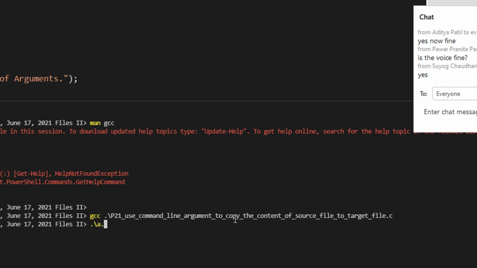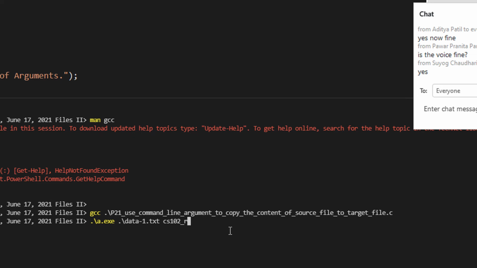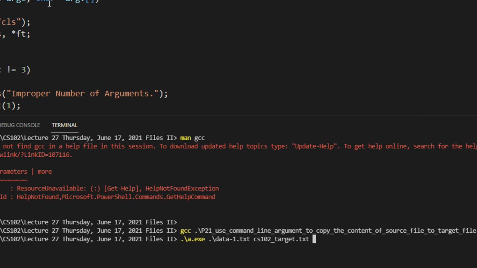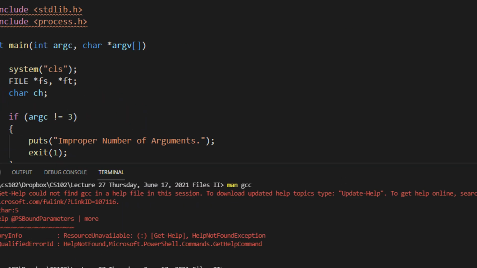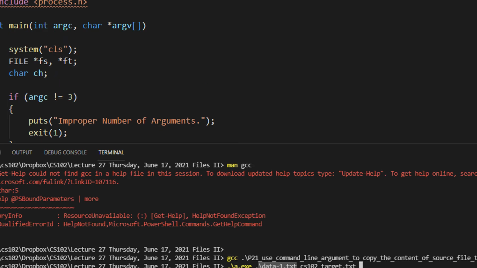Now ./a.exe. Now my source file is data1, and this is my target file, cs102 target.txt. What this command does basically is copy the content of the source file, data1.txt, to the target file.